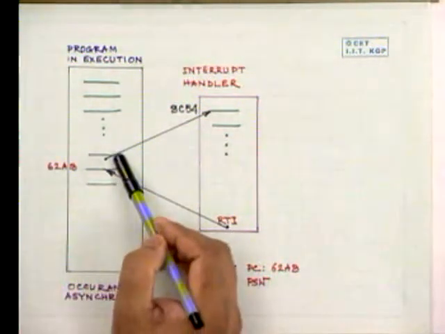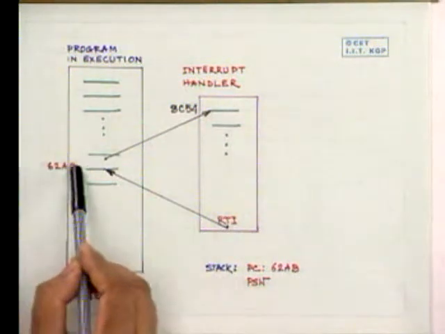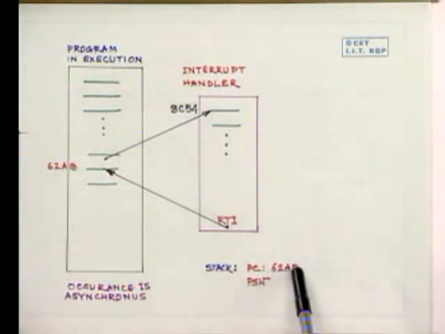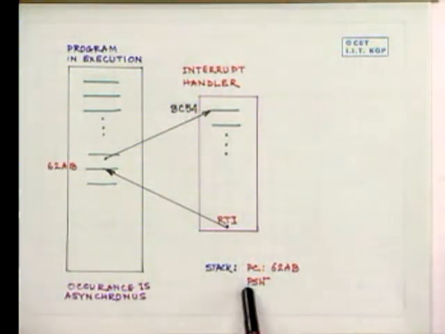Then after the execution of this instruction, the present program counter is stacked. The 62AB will be stacked, and another register, generally called the processor status word, is also stacked by means of the hardware